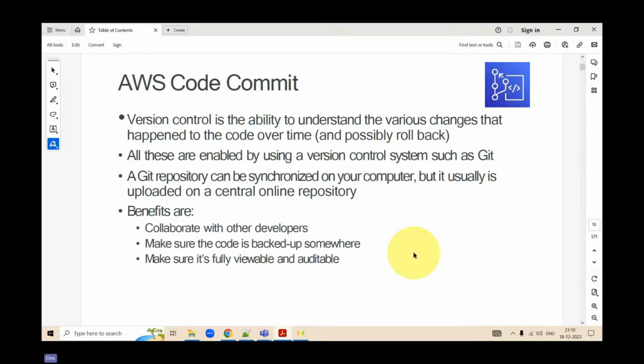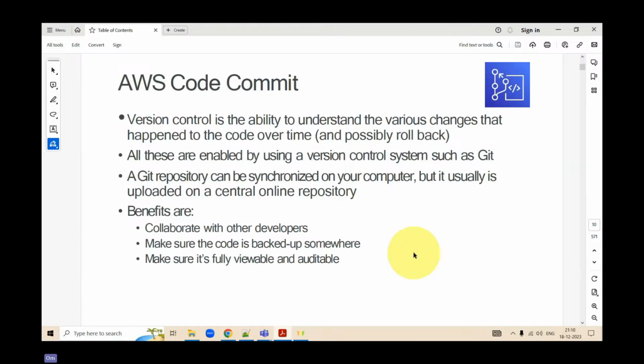If you are directly pushing into master, it would overwrite. However, if you are working on a branch, then it won't overwrite until you move it into master. Clear? Yes. All these are enabled using a version controlling system such as Git.